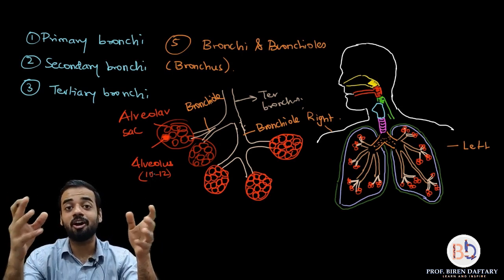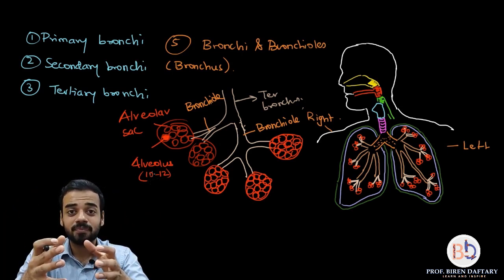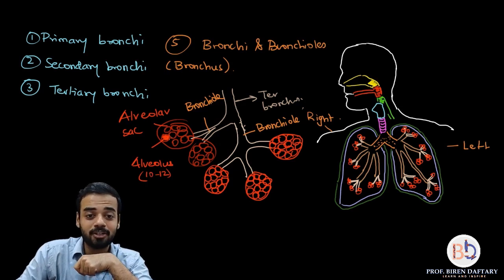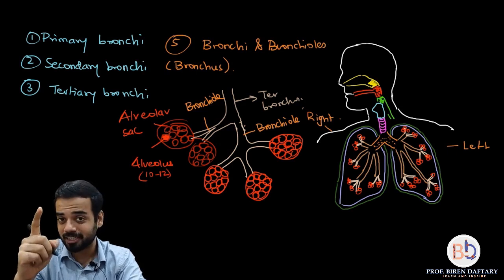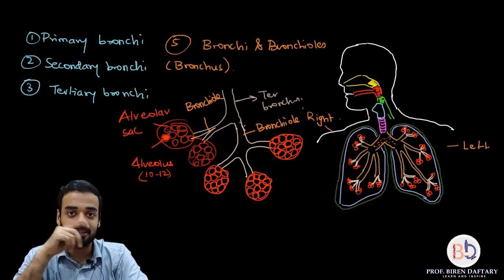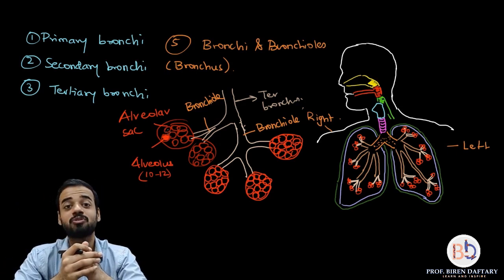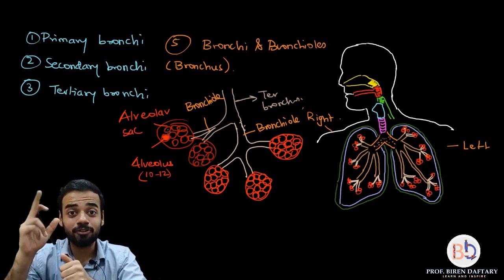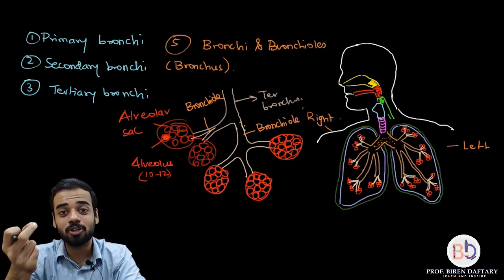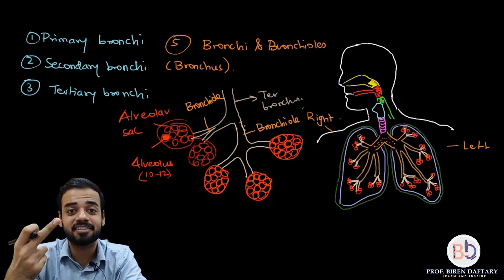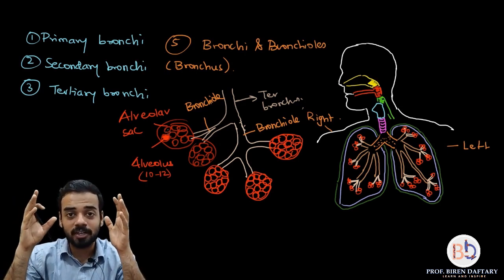Just imagine how much the respiratory system is dividing and getting smaller. By the way, the diameter of the alveolus is 0.2 millimeter. One alveolus is 0.2 millimeter in diameter. Just imagine how small that is. Now imagine if a dust particle gets trapped in that alveolus, what will happen? It is highly delicate. Remember the respiratory surface definition: it should be very, very thin. Just imagine 0.2 millimeters. Why? Because diffusion of gases takes place. Is this clear? Bronchi and bronchioles, is this part clear?